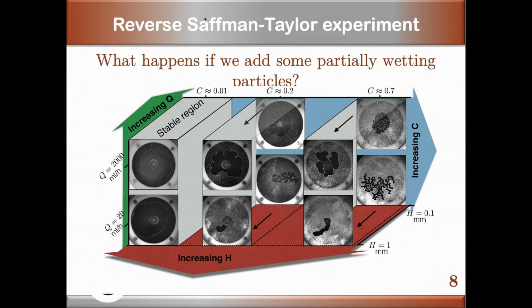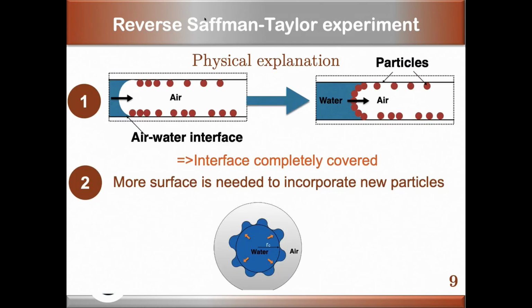Then, if you go in this direction, if you increase the flow rate, as we have already seen, you go from some fingers that are pretty random to something that is more radial. And finally, we discussed that, and if you change the concentration, you see that the size of your finger is also changing. So we wanted to understand that, and to understand that, what we did, our guess was that the